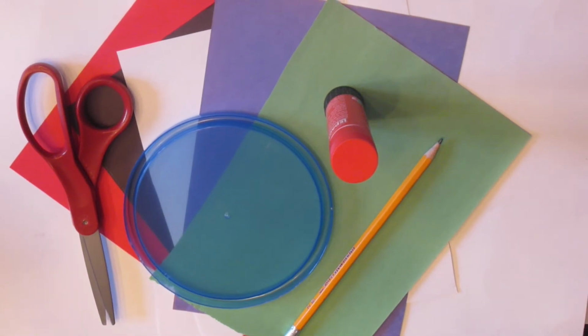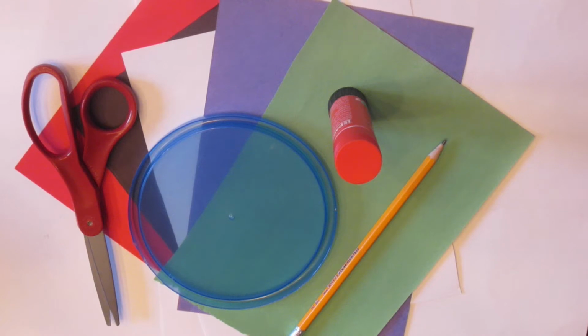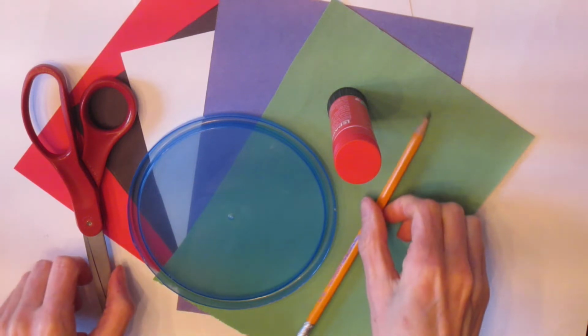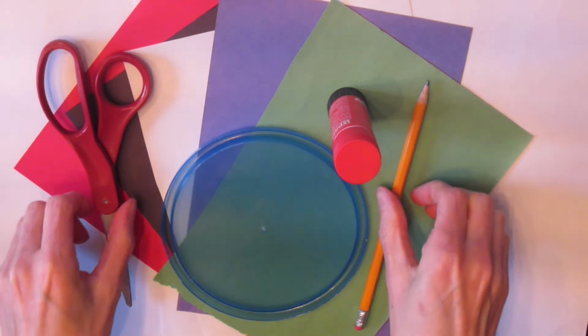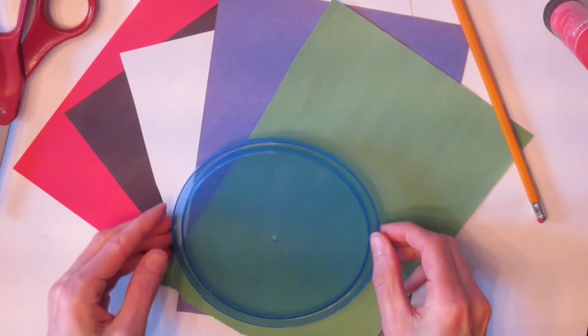To get started on our craft today, you're going to need some paper. I have used green and blue for the earth. I have some white, some black, and some red, but you can use whatever colors you would like. I have some scissors so that we can do some cutting, glue so we can paste it all together, a pencil to help us do some tracing, and a circular lid for the earth so I can trace it so